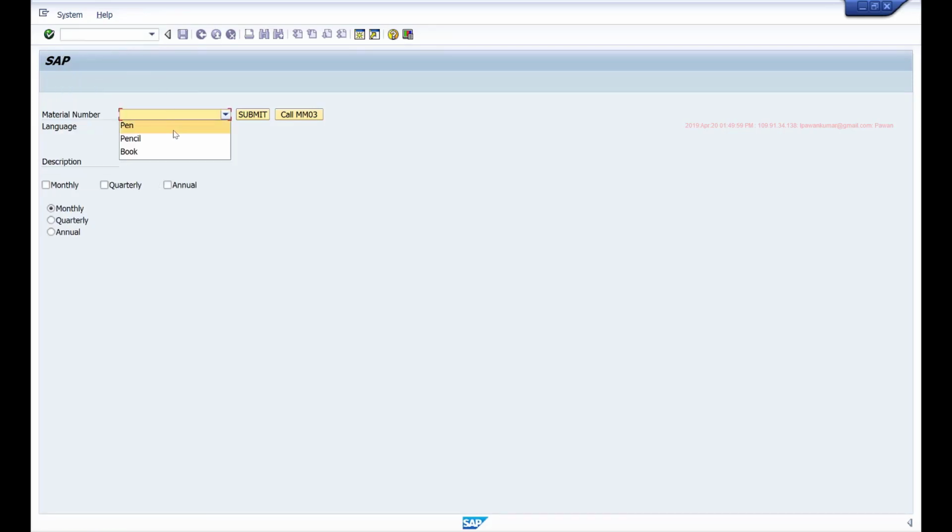So now if I say this and submit, you see both those fields are input enabled, the remaining fields on the screen are input disabled. So if you want to relate this to a selection screen event, this works like at selection-screen on block event. But don't worry about that, we haven't discussed those selection screen events yet. We'll be discussing that in a later session. So this is how you can control multiple fields.